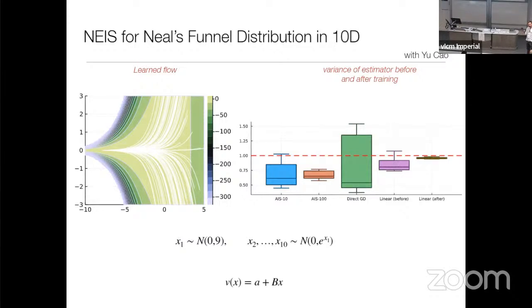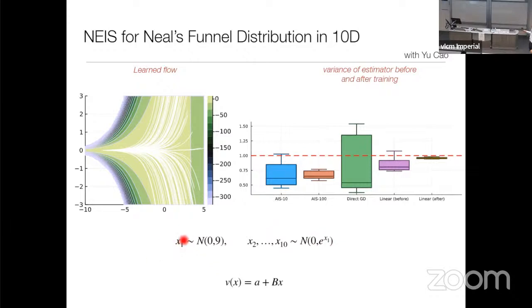sampling can be problematic, not because there is bimodality or metastability, right? But simply because there's a lot of space, there's a lot of entropy. So the model that he used to show that is 10 variables, where the first one is just a Gaussian independent of the others, and then the 9 others are Gaussian conditional on this one, with a variance that depends exponentially on the first variable.